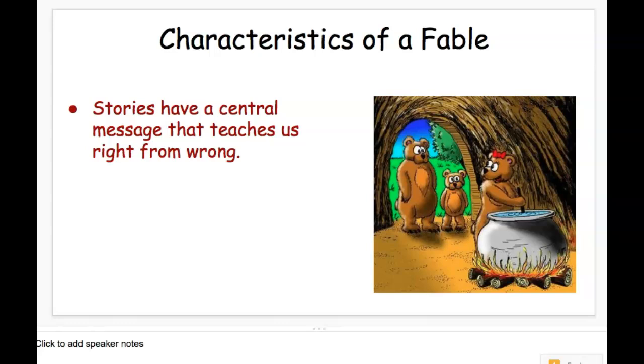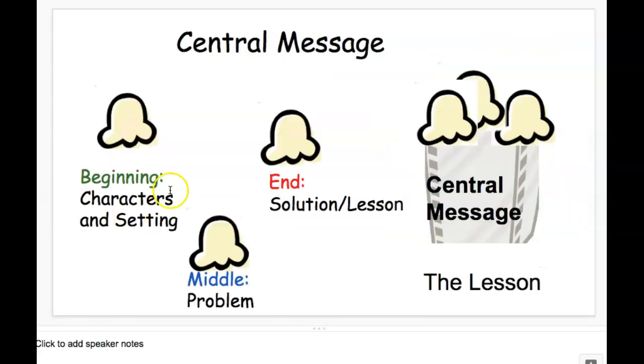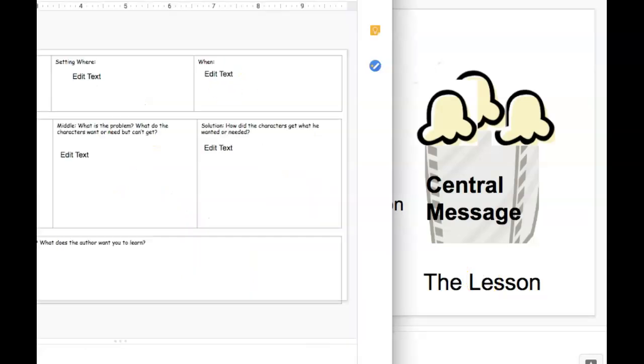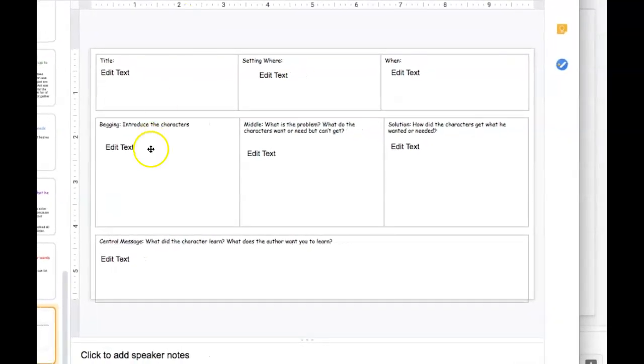So before we read, let's review. We're going to be looking for the beginning, the middle, and the end. And remember, the beginning, the characters and setting, the middle is the problem, and the end is the solution to find the lesson. I want to show you this before we read. Here's a graphic organizer that will help us